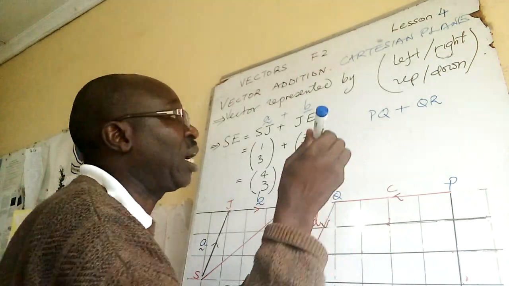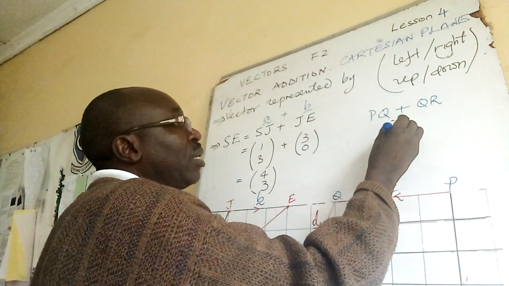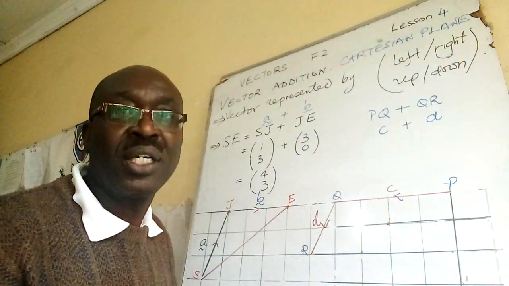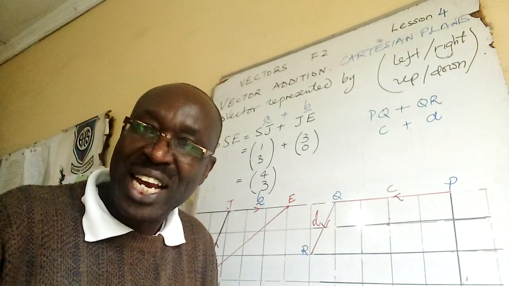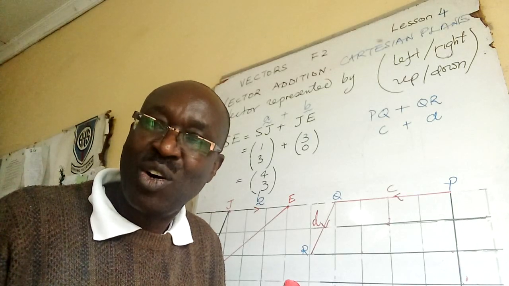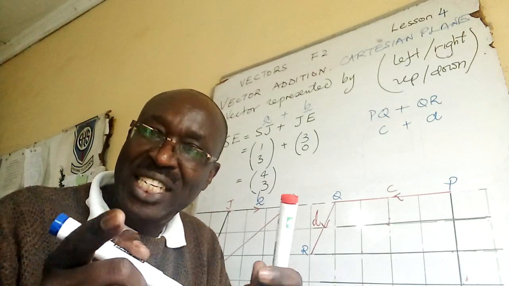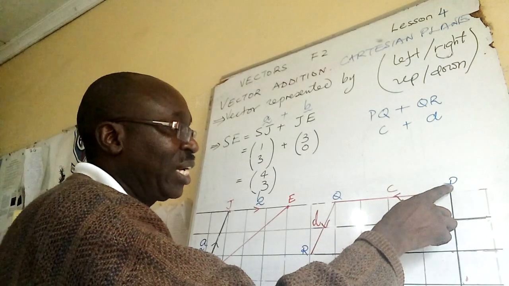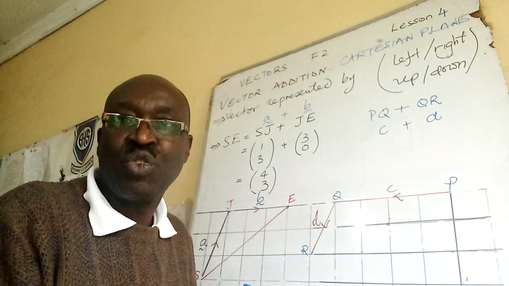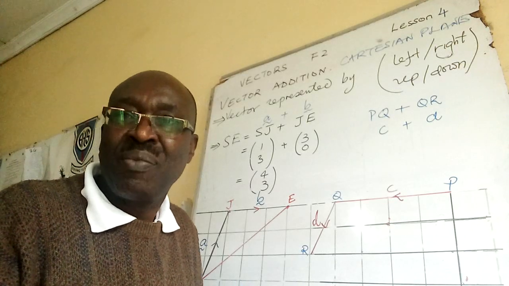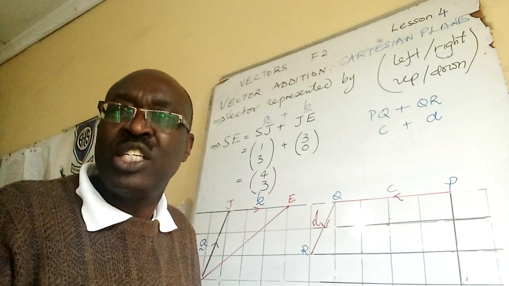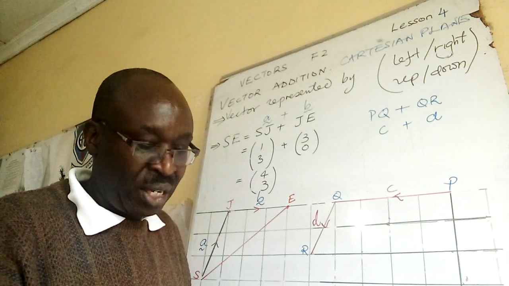So in a sense, I'm doing C plus D. We are adding, but we are trying to get the understanding of the Cartesian plane. Like now, PQ, how is that movement written with respect to the Cartesian plane? So what do